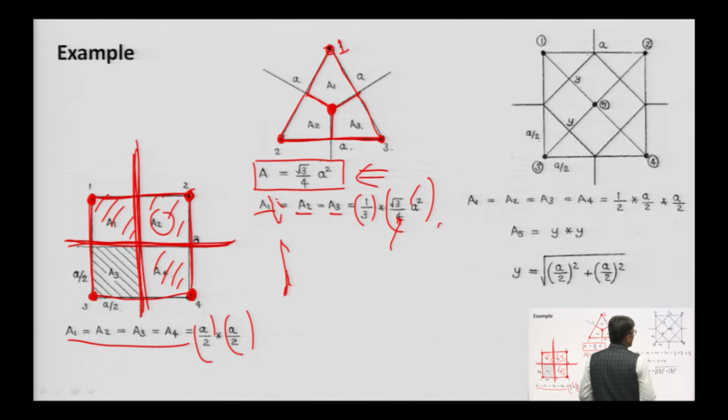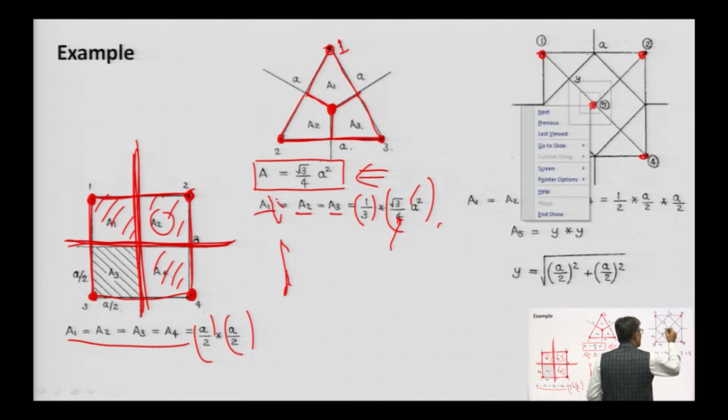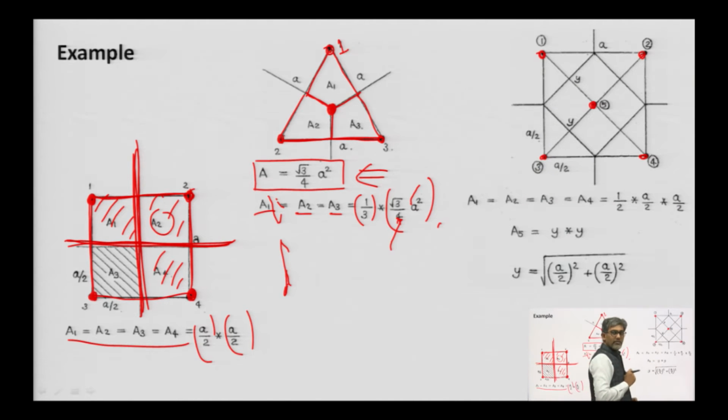Look at this figure. In this figure, we have 5 rain gauge stations 1, 2, 3, 4 and 5, where 5 is at the center. We need to find the weightage for all these 5 rain gauge stations. So, the procedure will be the same. First, we connect all these rain gauges by straight lines. So, 1, 2, 3, 4 have been connected, and this one also needs to be connected by a straight line.